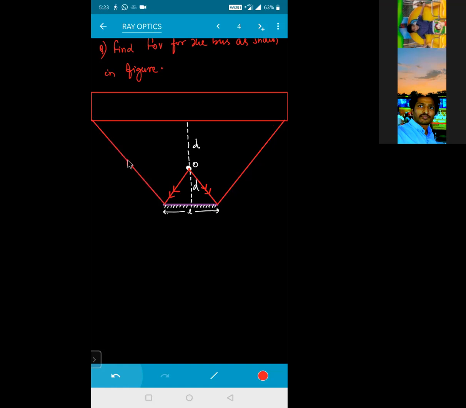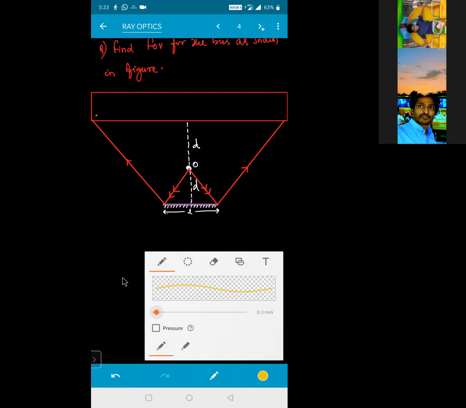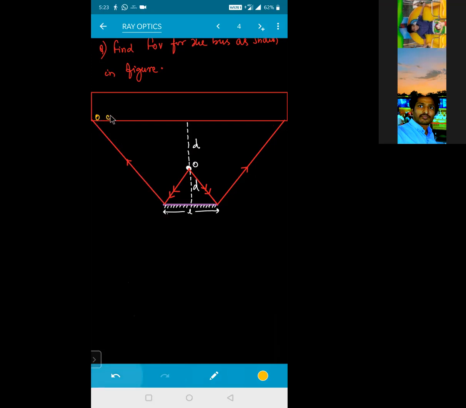Sir, now I have a small doubt, sir. O is the object, means O is the bus, right, sir? No, our bus is going somewhere here. This is an object, say, for example, some auditorium has been present. The bus is right now going from here like this. So the bus is right now here.